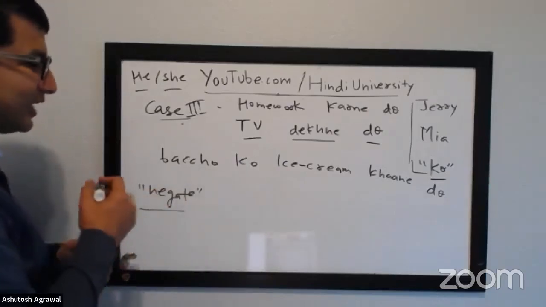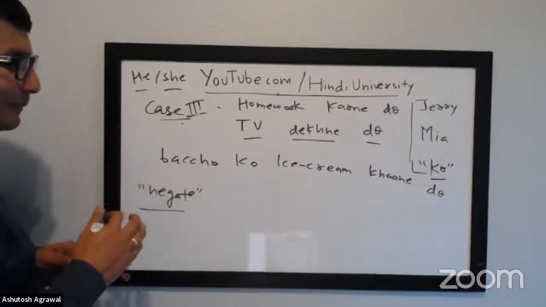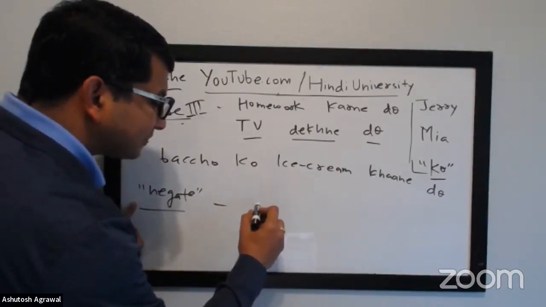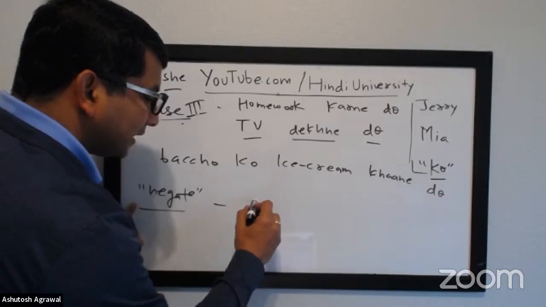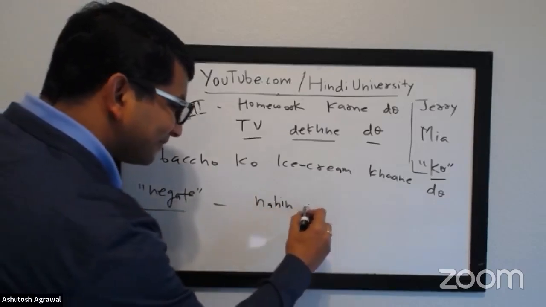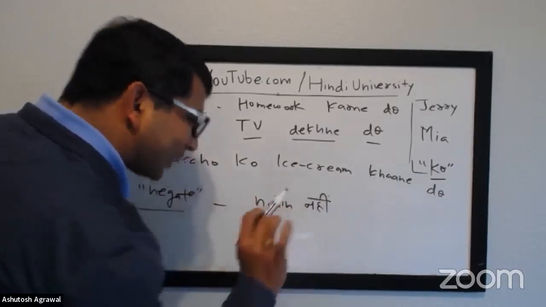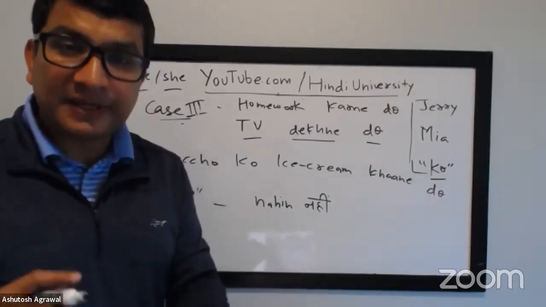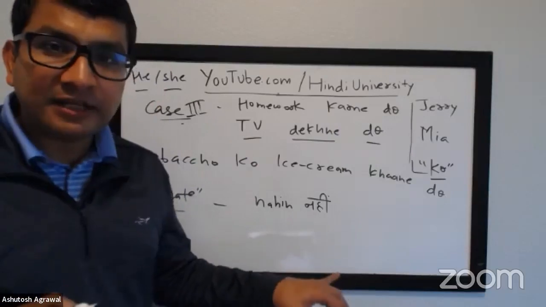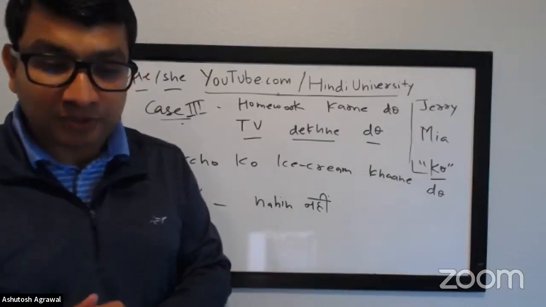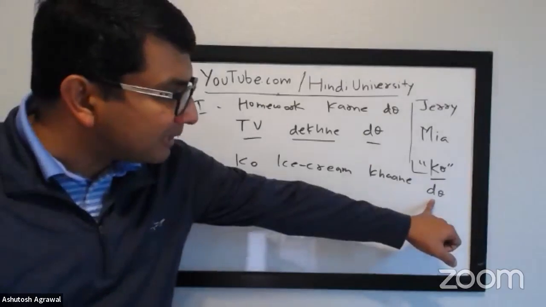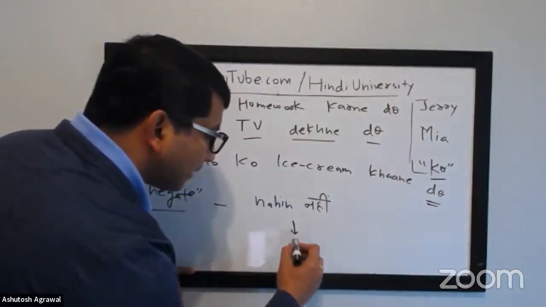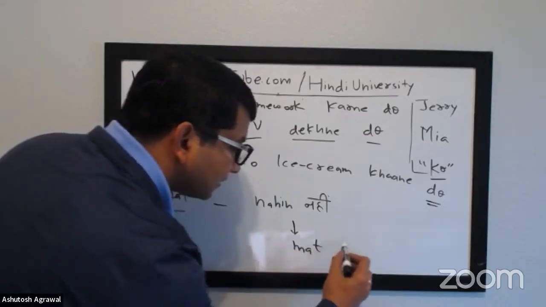What do you think? How do you think we'll do it? How will we negate it? Typically, in a sentence, if you want to negate something, how do you do that in Hindi? Nahin, but bachon ko ice cream khane nahin do? No. Nahin khane do? I don't know which. That's the question. Typically we use nahi, right? मैं नहीं खाऊंगा, मैं नहीं पीऊंगा. But when you have imperative form, you use mat. Oh, right. Yeah, that's what I didn't know.